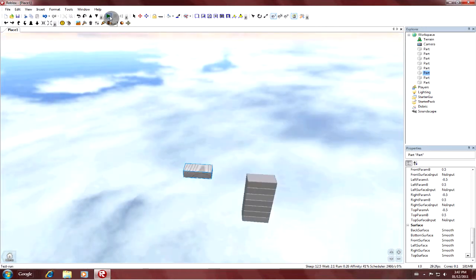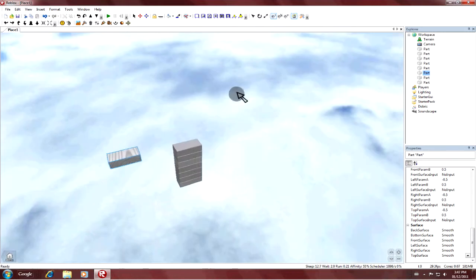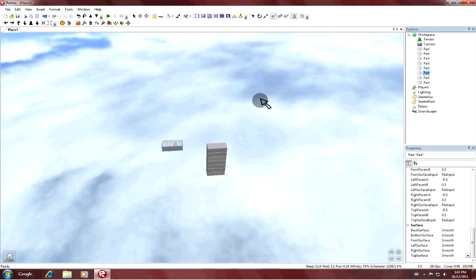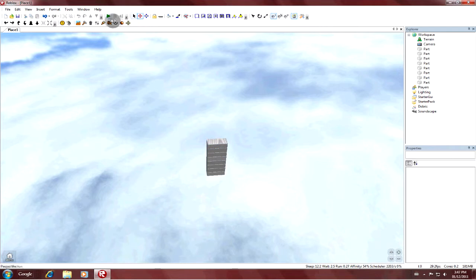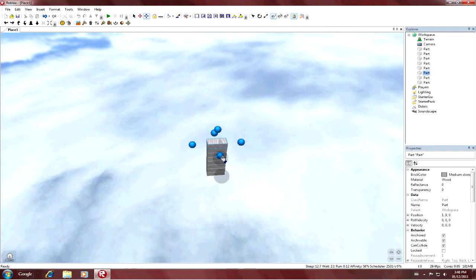Now this right here is for scripts or to run your game. So say you have a script that makes this brick right here go over here. You would hit that button and then all scripts would go. You can reset it by hitting that button and pause it by doing that button. Now a cool way to test out your game is, I'll just make this a little bigger,